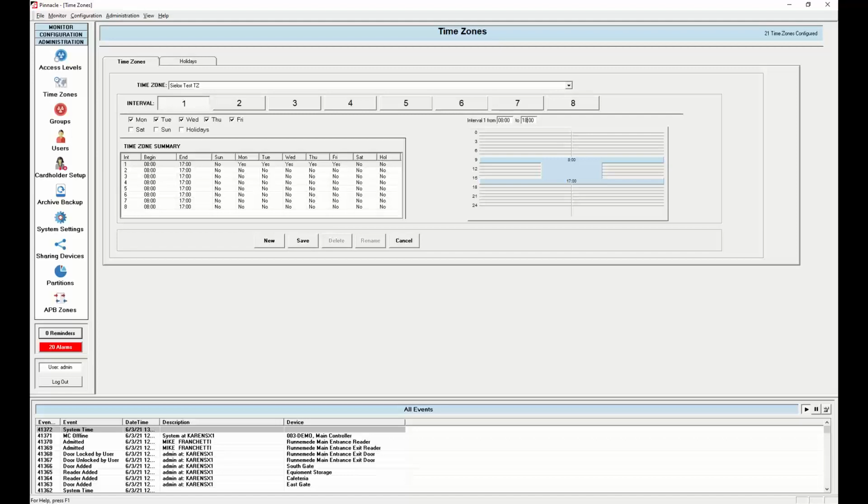Everything we do is in military time, so you don't have to worry about whether it is 8 a.m. or 8 p.m. 8 o'clock is going to be 8 a.m. If it was 8 p.m., it would be 2000. So in this case, it's 1800, and it's going to go from 8 in the morning until 6 at night,